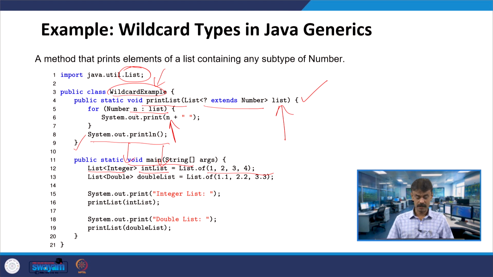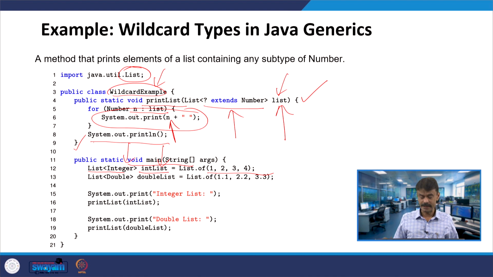So, what we are doing now, your list will be nothing but a list of integers, a list extending Number. So the list will become a list of integers, with a wildcard type, and the rest of them are similar. Your n and list are now pointing to the base address, or you can call it the identity hash map, and 1, 2, 3, 4 will be printed with this syntax.